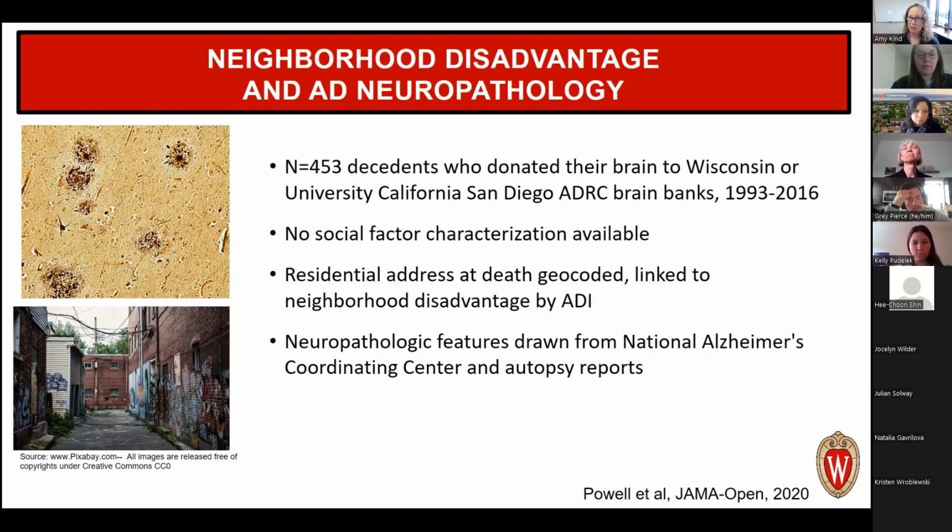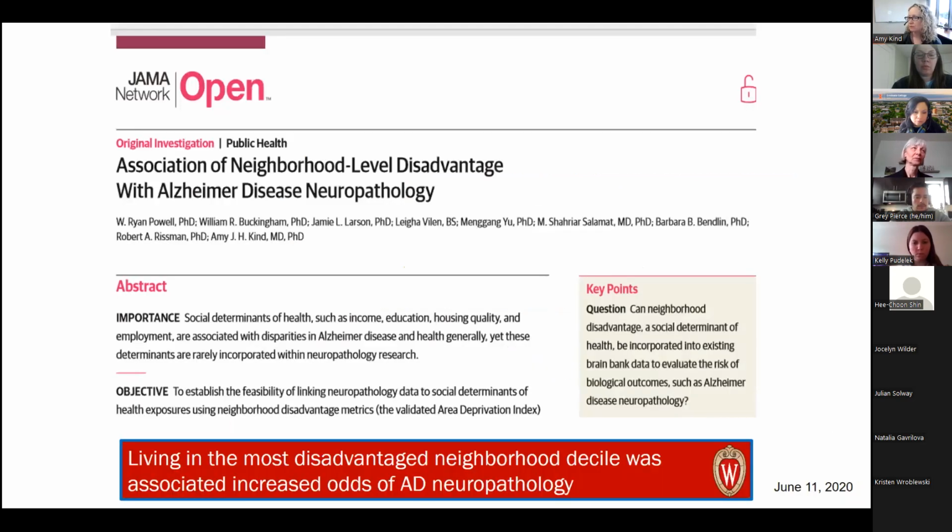And we used that as a starting point, first of all, to cross-sectionally geocode and understand what the time concordant ADI exposure was at the time of death. So we can build these ADIs back as far as we like. But this is what we did in this case. And this was published, as you can see, in JAMA Open.